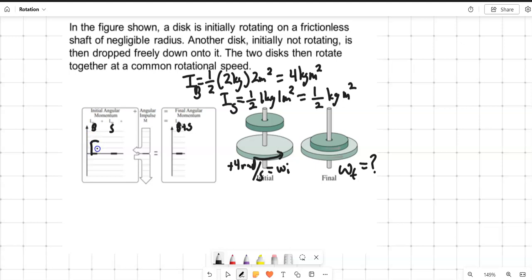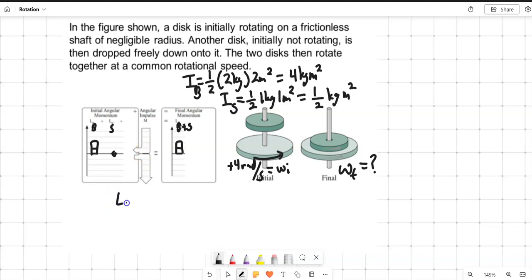Actually, let's call it 2 blocks. Sorry. And the small disk is not spinning, but it is going to fall down. And then, in the end, the big disk is spinning. Again, it's still spinning, but now the small disk is stuck to it. So again, we have the same situation where there's no outside